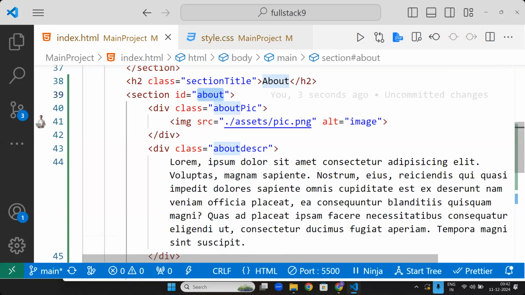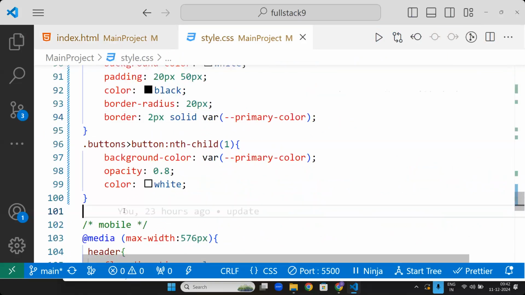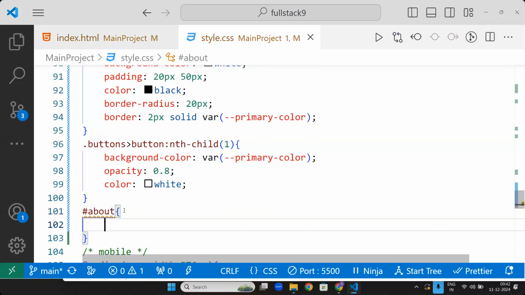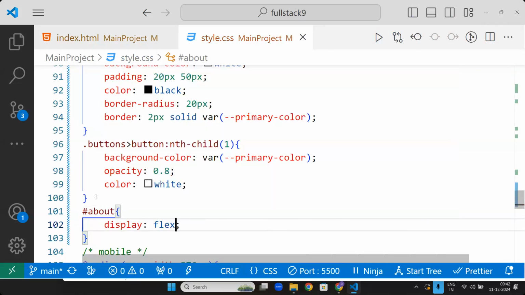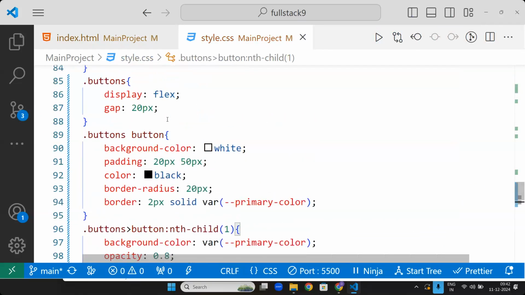Now go here, about, hash about, display flex, and